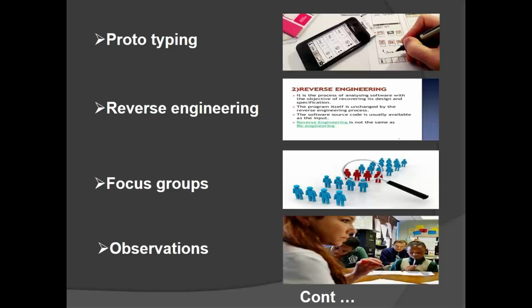And in the meantime, again the designer is going to add some features and again develop new prototype. So in this way, it goes on. Okay. So that is nothing but prototyping. So here you can see in the image. So the designer is designing a prototype for mobile application. So he will give this to the BA.